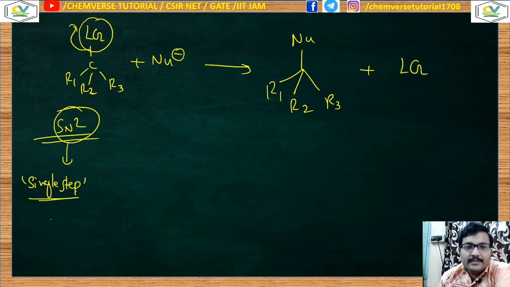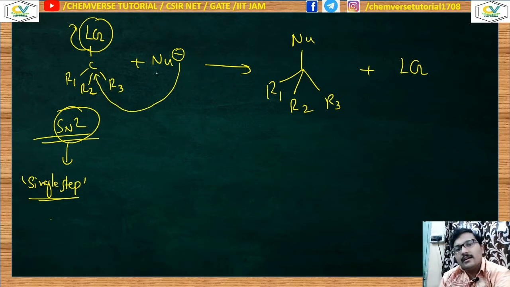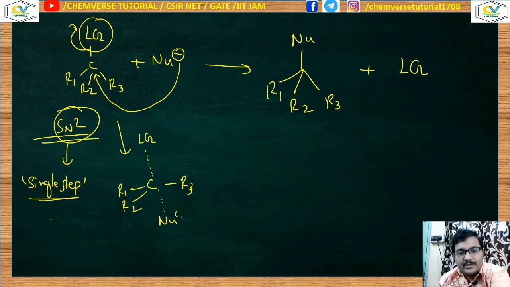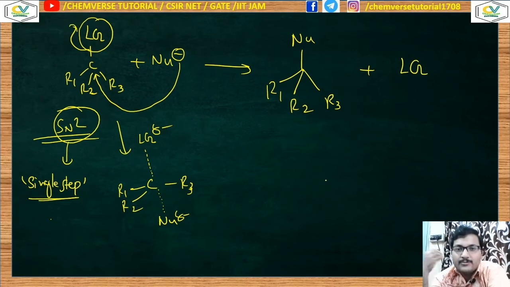If it has only a single step, then in the same step the nucleophile will attack the carbon center and simultaneous bond breaking will occur between the carbon and the leaving group, this bond. So in the single step, this carbon is forming a bond with the nucleophile and breaking its bond with the leaving group. It's making a new relationship with the nucleophile, and you can think that the carbon breaks up with the relationship between carbon and leaving group. So the leaving group now leaves the system.